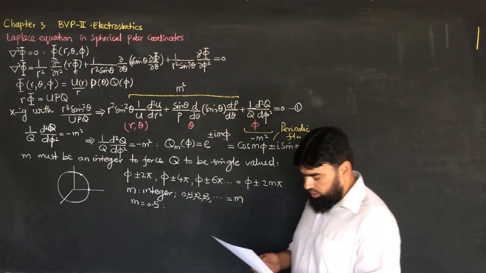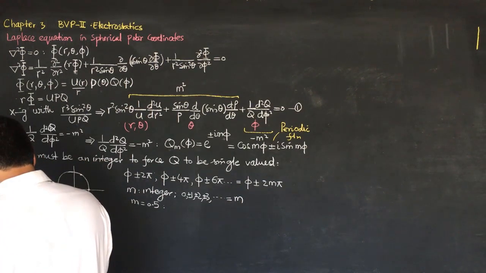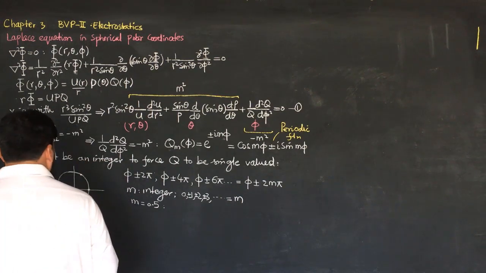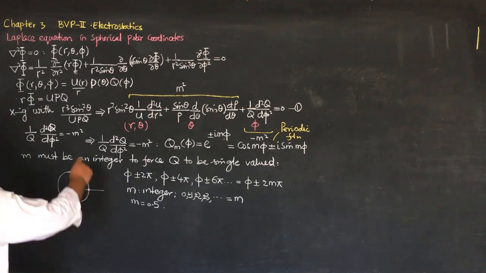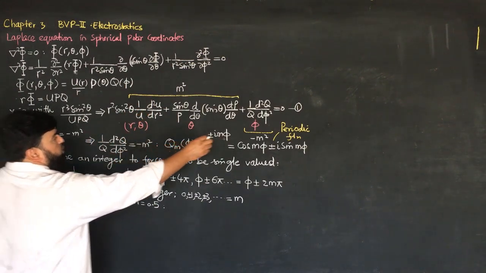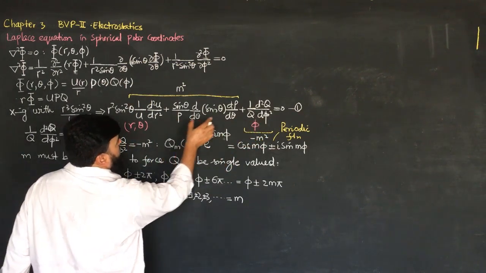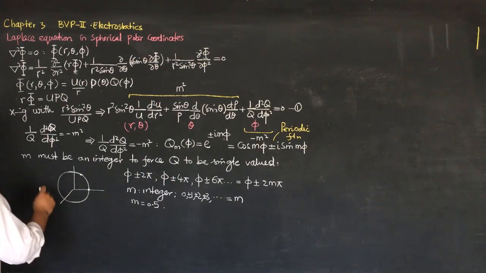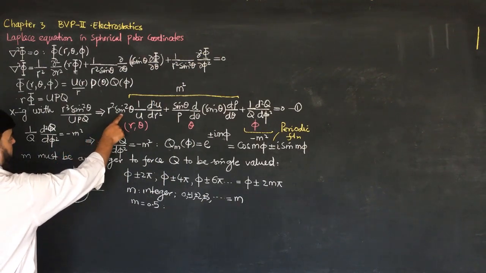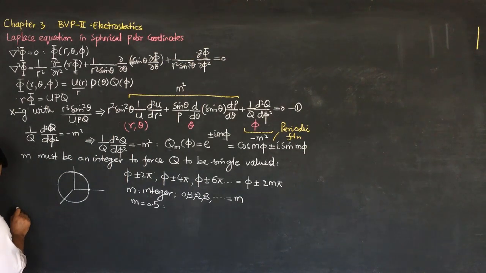And with this, I will say that we will have to proceed further with our equation. Now our equation, this one is done and we are left with this. So this side is equal to m square. So I can write that r square sine square theta by this r square